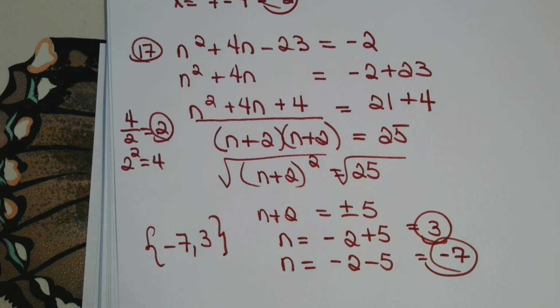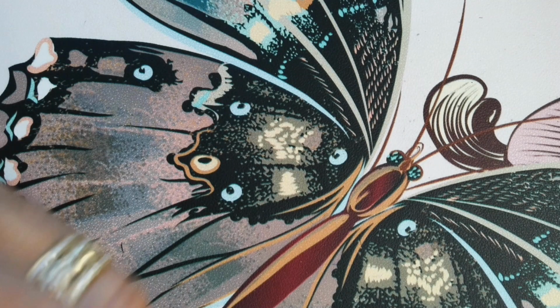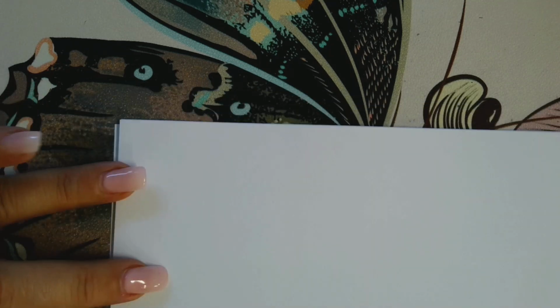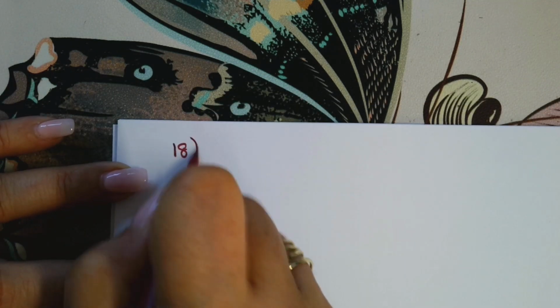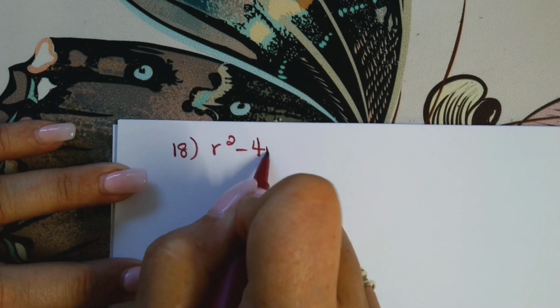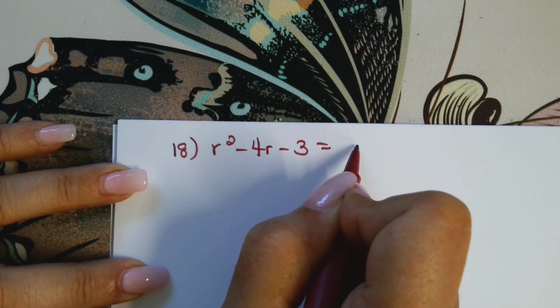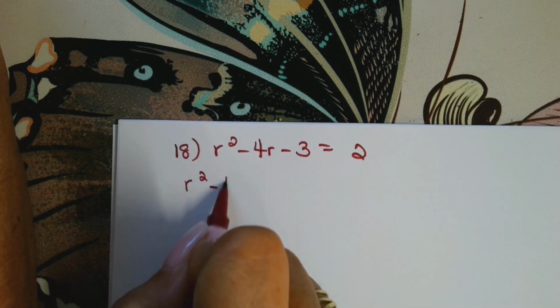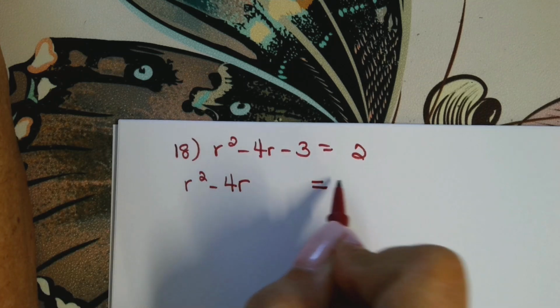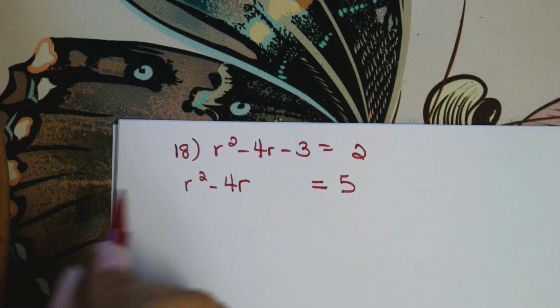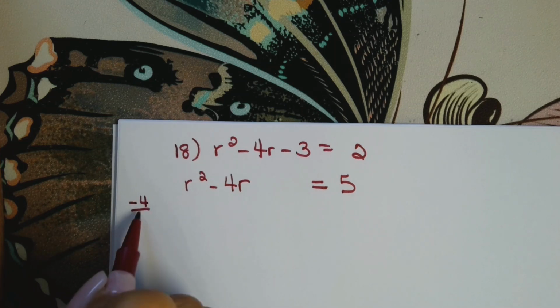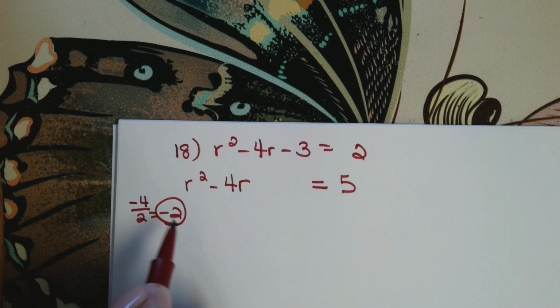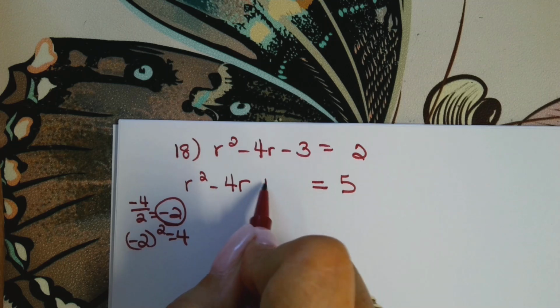All right, one more completing the square. Number 18. Let's take a look. We have r squared minus 4r minus 3 equals 2. So once again, we're going to move the constants to the right. And this over here will be 2 plus 3, which is 5. My b is negative 4 divided by 2. That's negative 2. Remember that. Negative 2 squared is 4. So I'm going to add 4